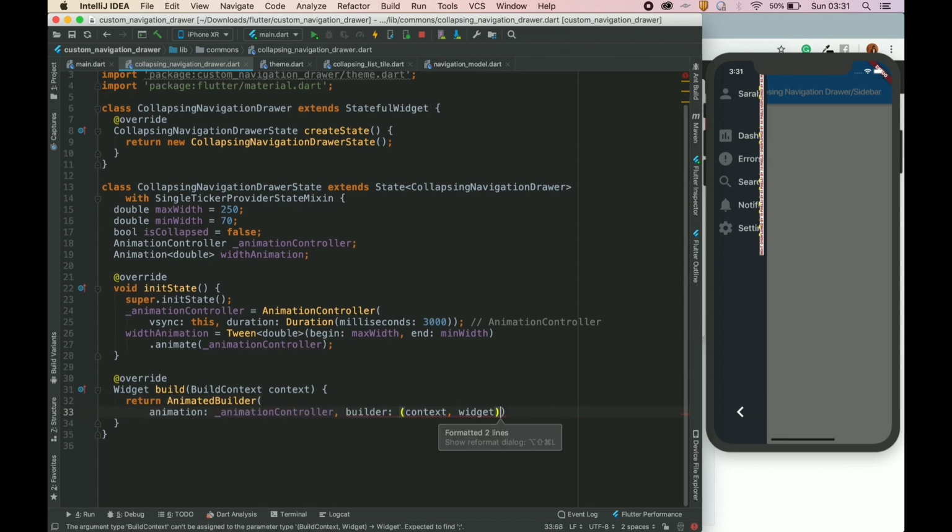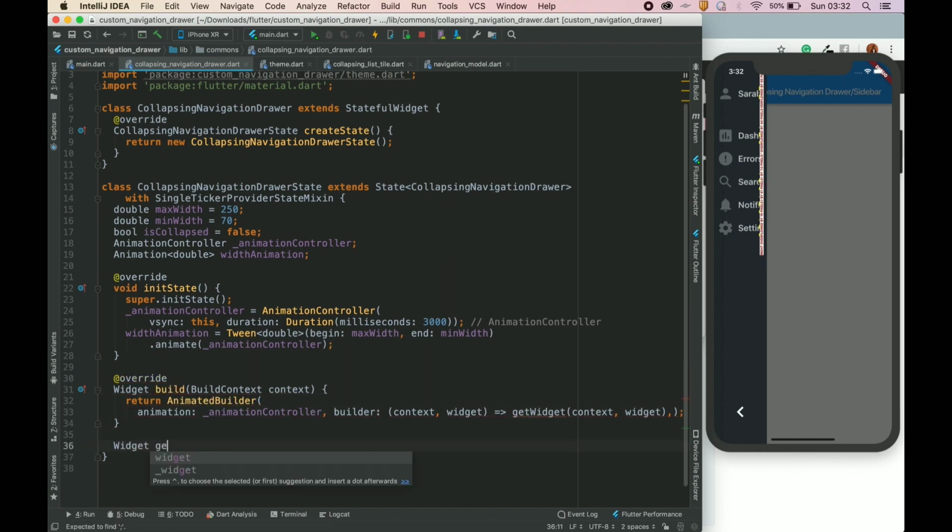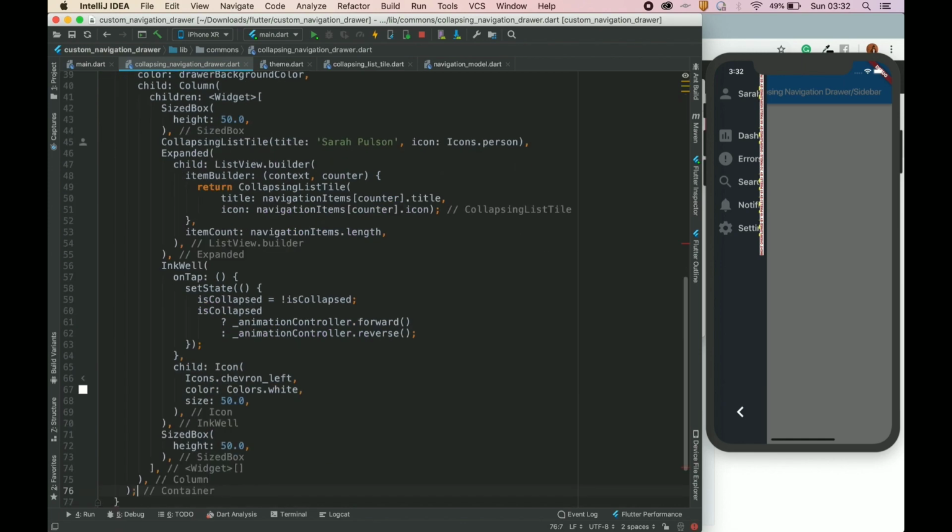We need to return something here, or we can do it like this: get widget, and pass these two things. Now let's create a method which will give us this widget which we copied. So we will return here,